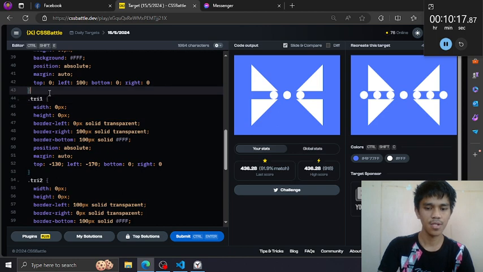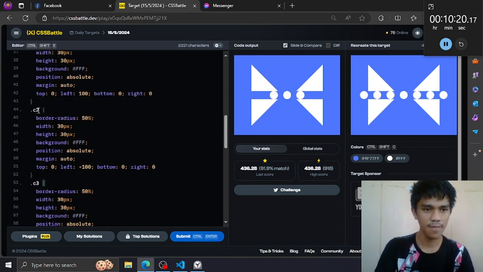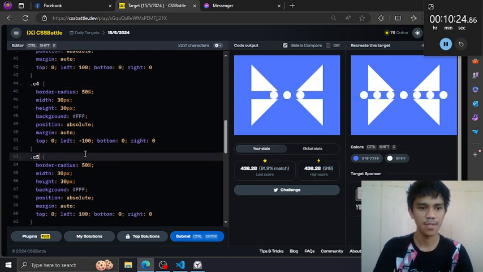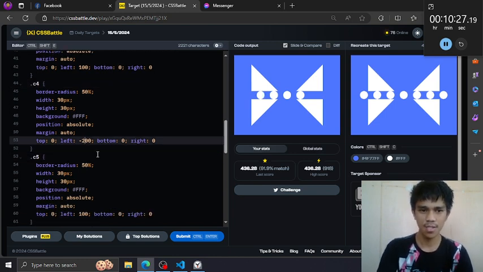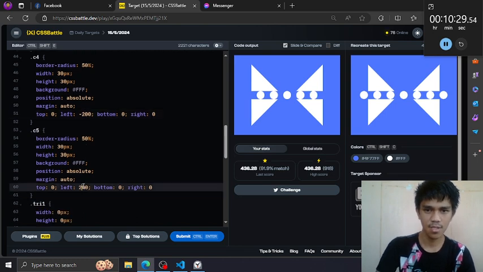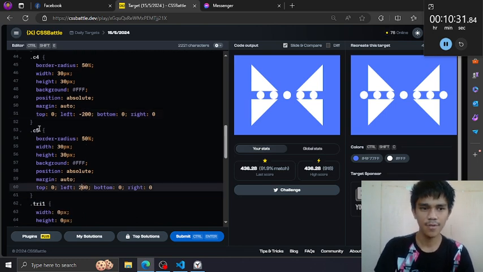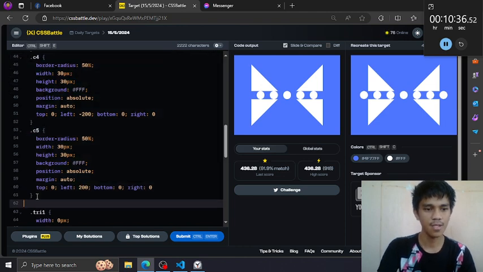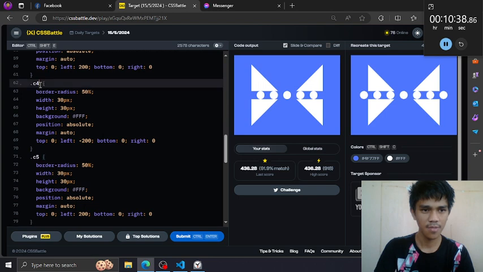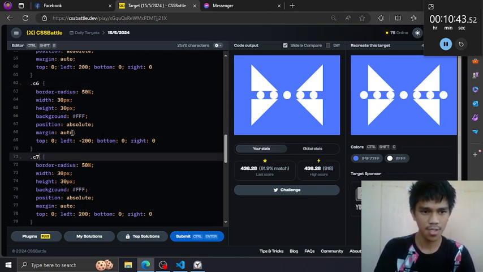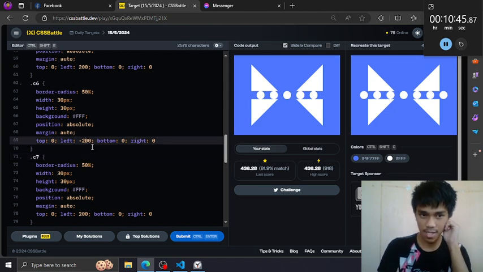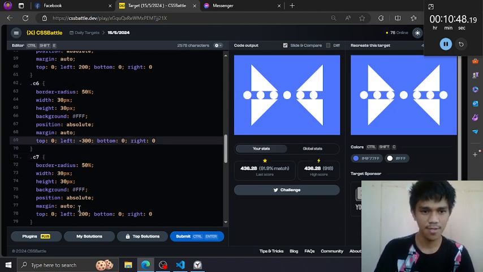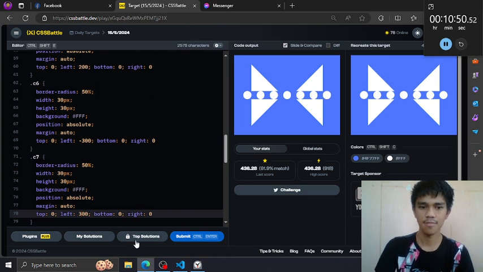So we need C4 and C5 here. The C4 is maybe 200, and this is also 200. And lastly, for the C6 and C7, copy this, paste here, rename this, also this, and add 100, add 100, submit.